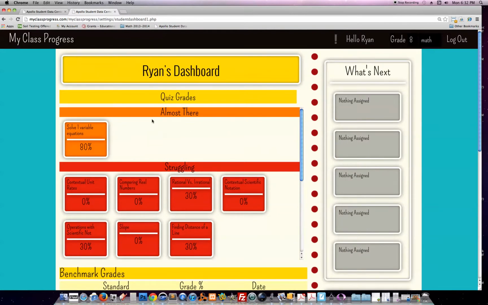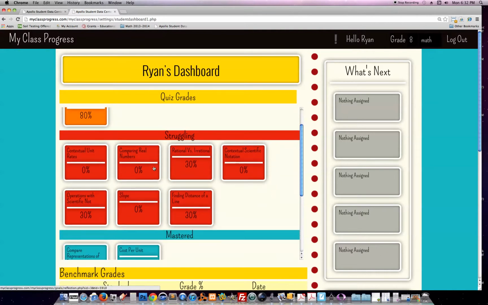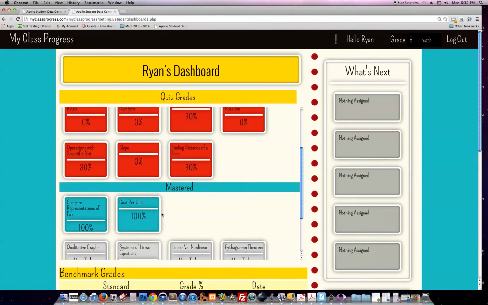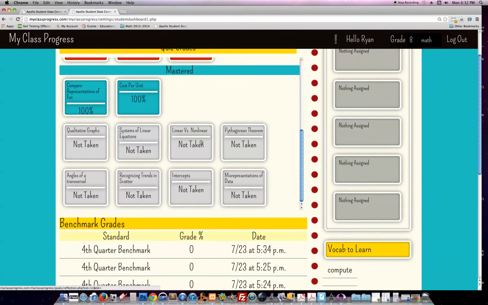Students are going to see all of their quiz grades here, and they're separated in terms of almost there. These are quiz grades that they're not quite mastered on, but they're really close. Then they're going to see the quizzes or the standards that they need a lot of help with, that they haven't done well on at all. They'll be able to see the quizzes that they've mastered, and then lastly, you'll see the quizzes that they haven't